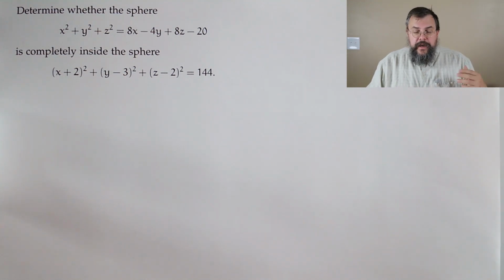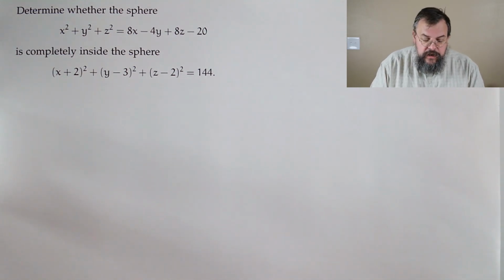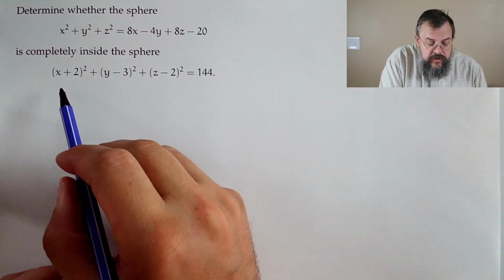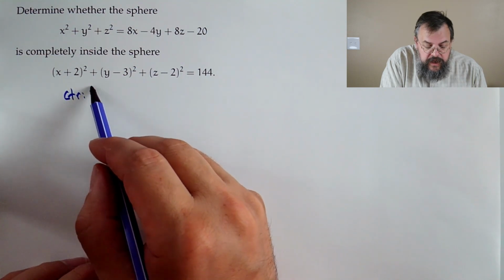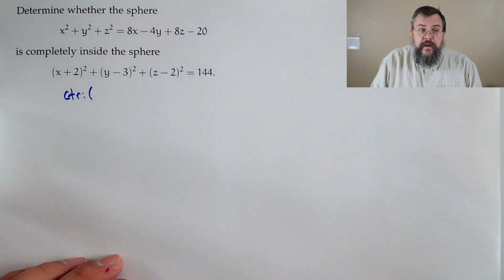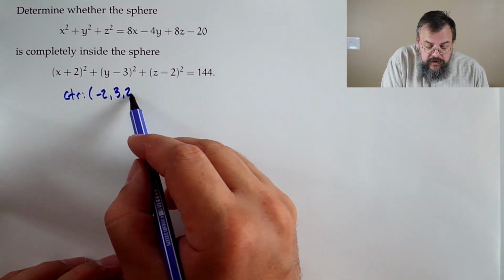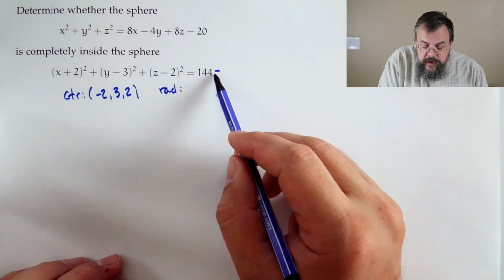So we have to start thinking about, okay, how could we approach this? Well, let's start by looking at these two spheres. One sphere is actually pretty easy to figure out, and that's the second equation, because it's written in a more sphere-like fashion. We can read off the center, which is at minus 2, because it's x minus minus 2, then positive 3 and positive 2, and the radius, well, 144 isn't just any